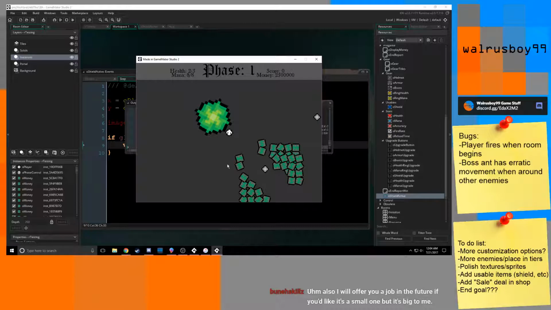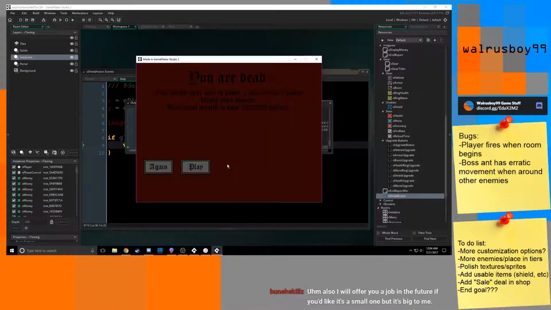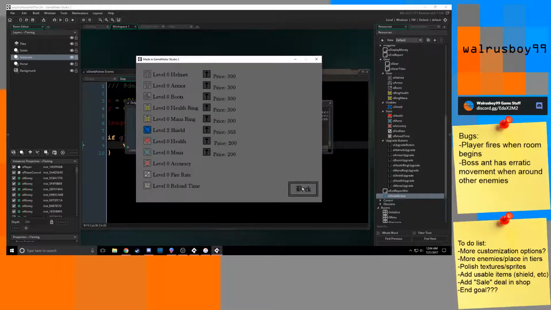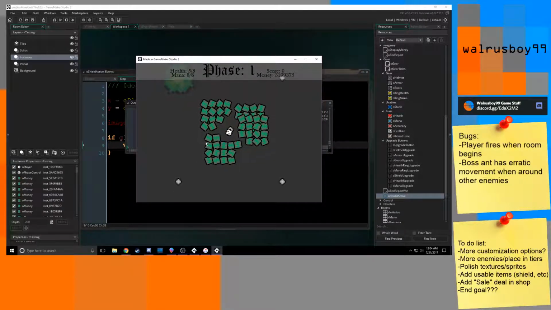Also, I'll offer you a job in the future if you'd like. It's a small one, it's a big one to me. Sure. Yeah, send me a PM and we can talk. Do you use spaces or tabs? Tabs. I don't remember how many spaces. I think I had it set to like 4 or 5 spaces, but definitely tabs. I could never get by using...